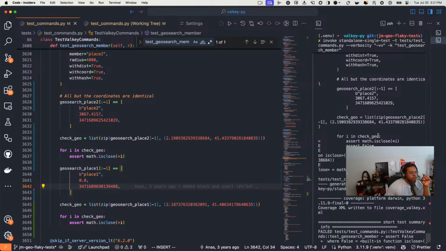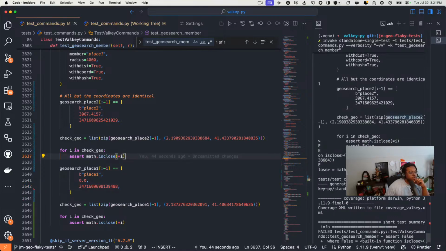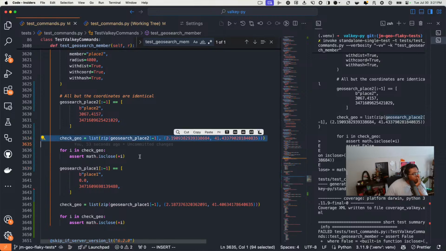The zip that's failing is geo place 2. Yeah, 3637 is here. GeoSearch place 2. They're saying that these values aren't close. It's saying that GeoSearch place 2